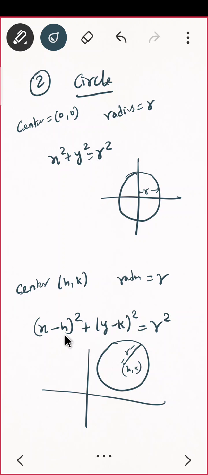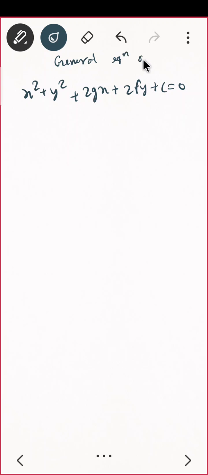If you remember, there is one more equation of the circle, maybe from your 11th or 12th standard: x square plus y square plus 2gx plus 2fy plus c equal to 0. I hope you remember this. You call this the general equation of a circle. Then you have a radius and center from it. Definitely you don't have to remember those, because you can make it in the standard form.